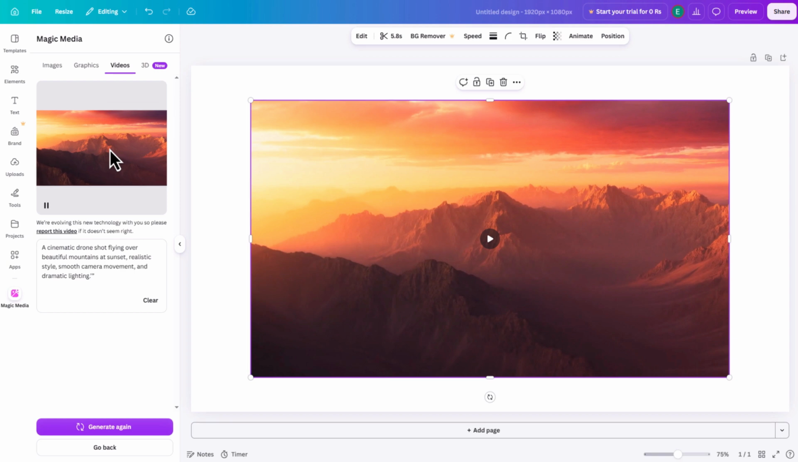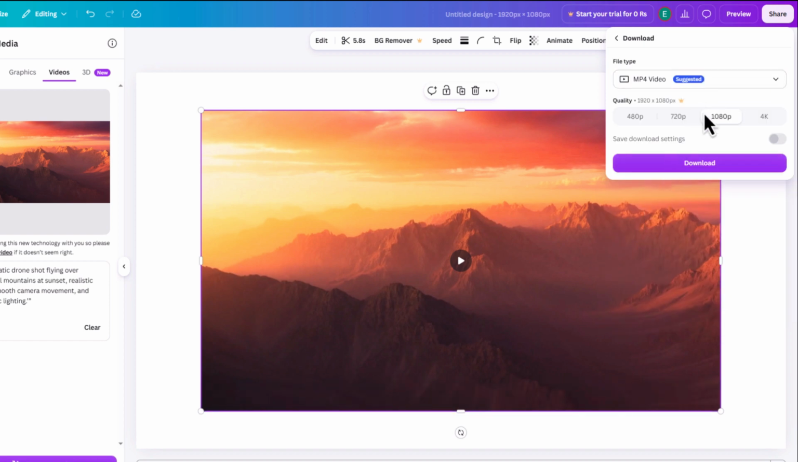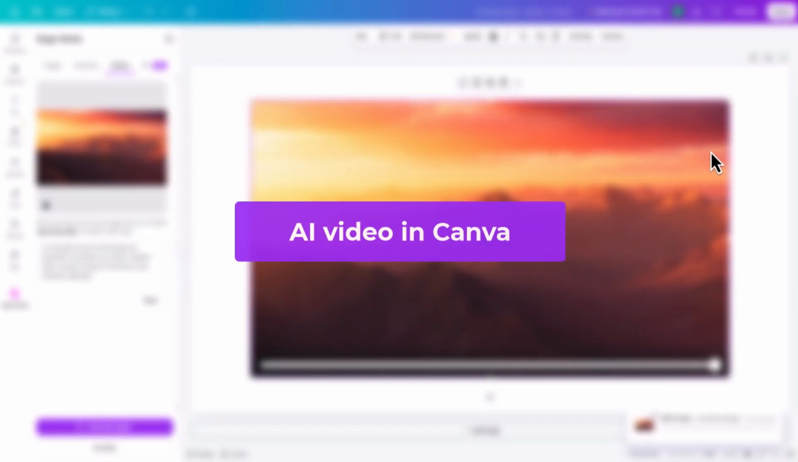When your video is ready, click Share, select Download, choose MP4 video, and download your finished video. And that's how you can create an AI video in